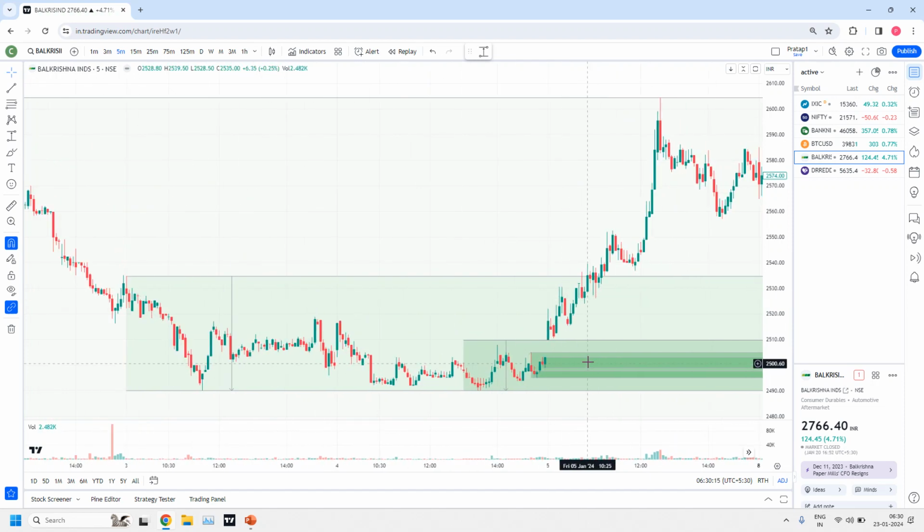You may ask a question: why can't we wait until prices enter this 5 minutes area? Sometimes, you know what happens? If the order flow is very strong in this area, before entering inside the area itself, the prices will go up. When will such things happen? When all the factors are in our favor,